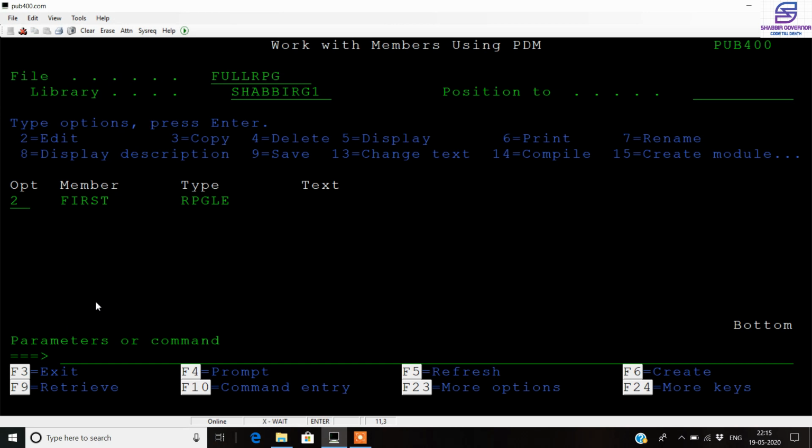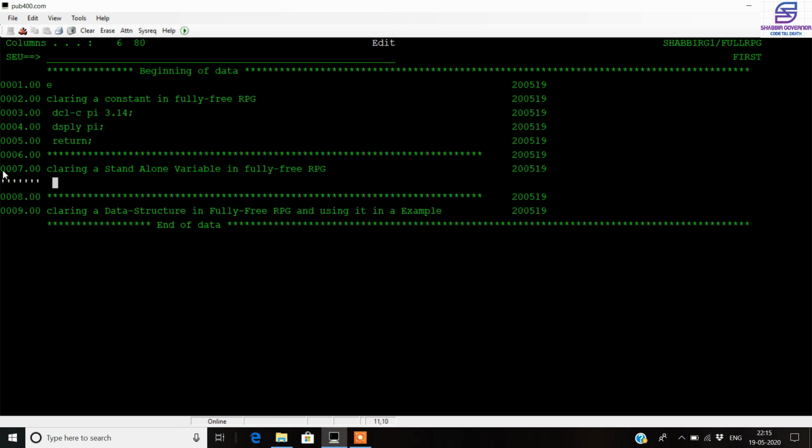Next, we go for a standalone variable. Just like the constant, we declare a standalone variable here and give it the name number, and then we give the type of the variable. In RPGLE there are many types supported: integer, char, varchar, whatever you feel like.